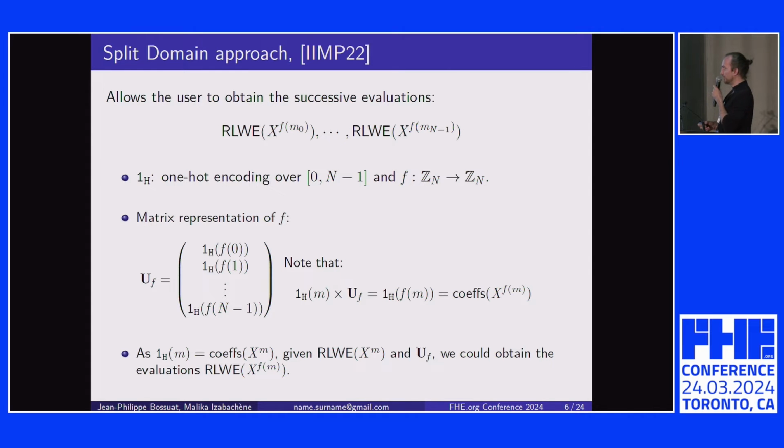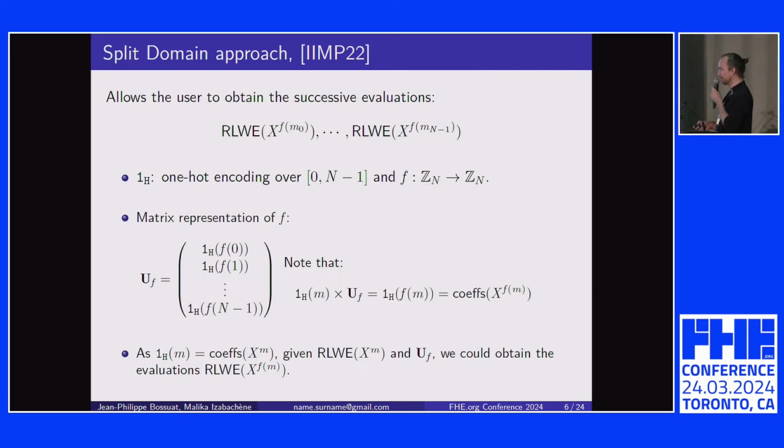So the original split domain approach, the user encrypts his points at the exponent of a monomial, and he wants to retrieve the result as the exponent of a monomial. And to do that, the server does a one-hot encoding of some function from N to N. And we see that if we multiply the one-hot encoding of the message with the matrix of the function, where each row is a one-hot encoding of all the possible values of the function, we get a one-hot encoding of the function evaluation, which actually is just the coefficient representation of the monomial whose exponent is the evaluation